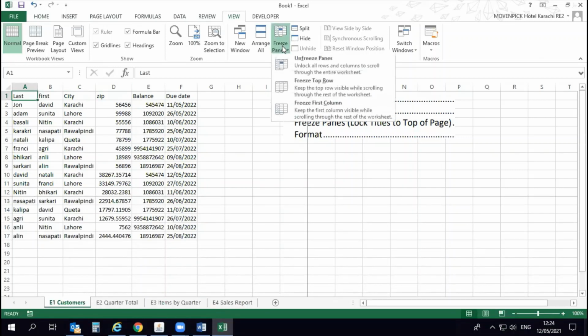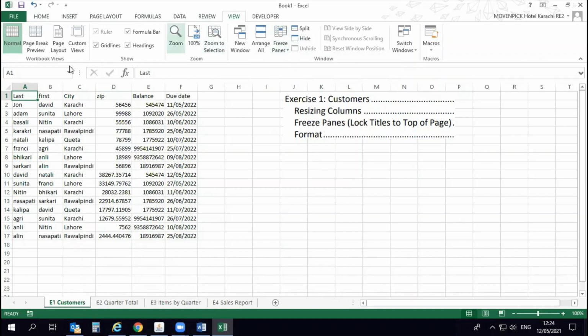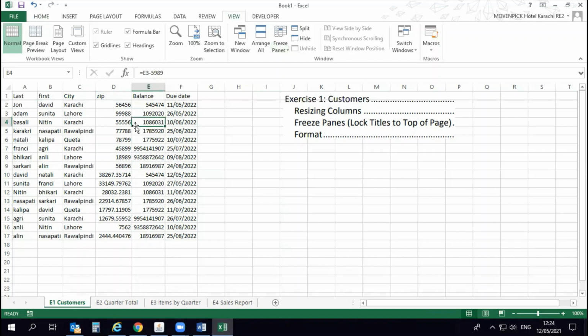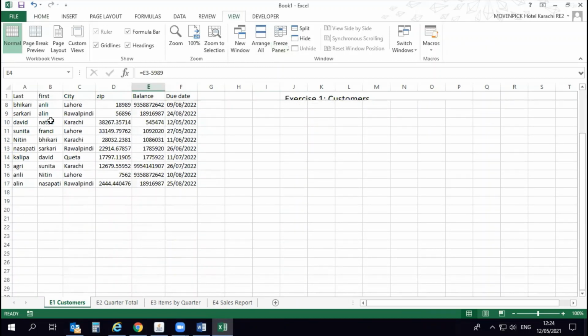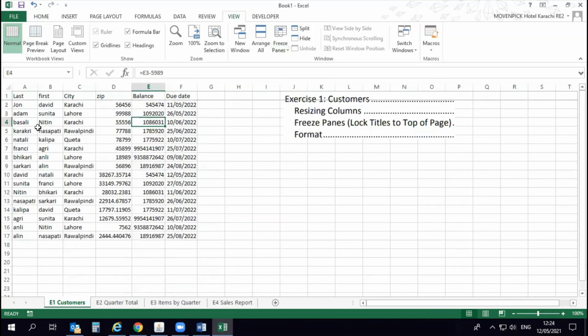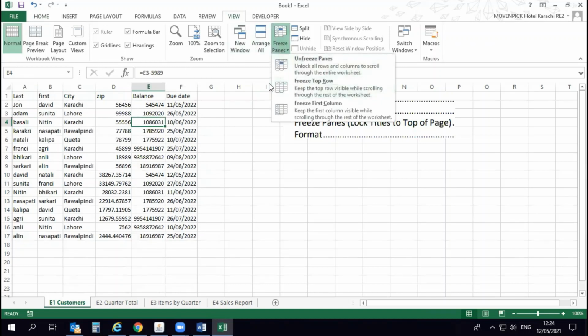but it's not freezing the first one. I don't know why. Let me check. Freeze from the top. Here you can see once we drag it down, we have the top line available over here. If we have huge data, we will have the header on the top, or if we want to freeze from the